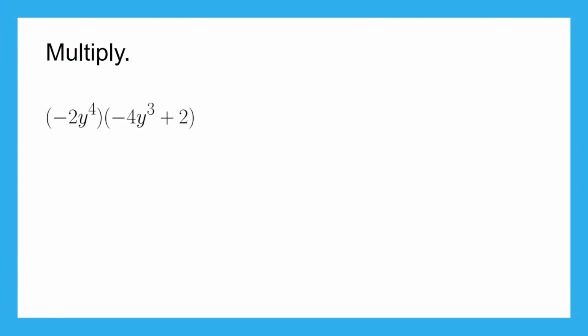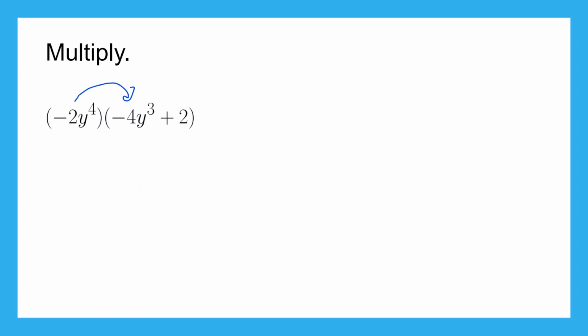So here in this first set of parentheses, we have a monomial, negative 2y to the fourth, times what we have in the second set of parentheses, which is a binomial, negative 4y cubed plus 2. So we need to multiply every term in this first set of parentheses times every term in the second set of parentheses. In other words, we're going to distribute this negative 2y to the fourth, and then we will have our final product. So first of all, we need to do negative 2y to the fourth times negative 4y